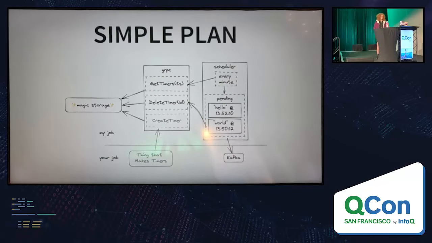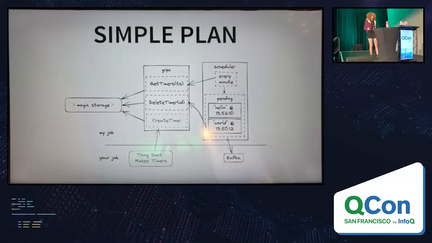We came up with this architecture as kind of our first pass. We're still abstracting the storage away. We're going to delve into that in a minute. But we have our gRPC service. We've added a couple new endpoints to it. There's a getTimers endpoint that takes in a timestamp, and it's going to serve us back all the timers that expire before this timestamp. So every minute, this new scheduler box over here, that's a scheduling service written in Rust,